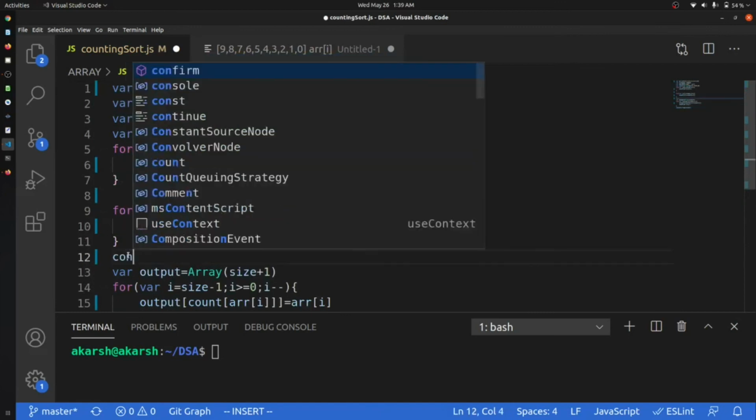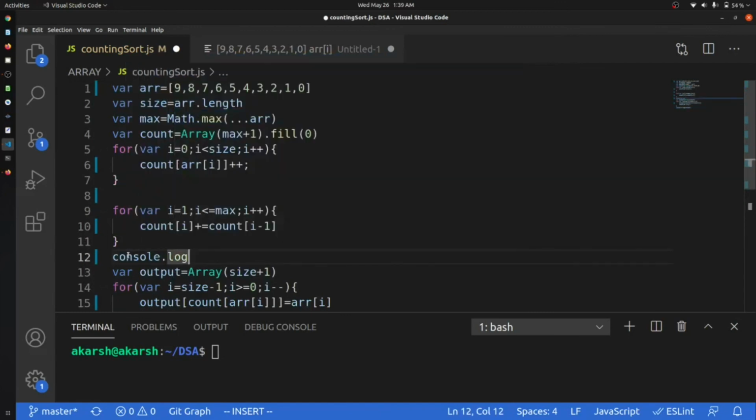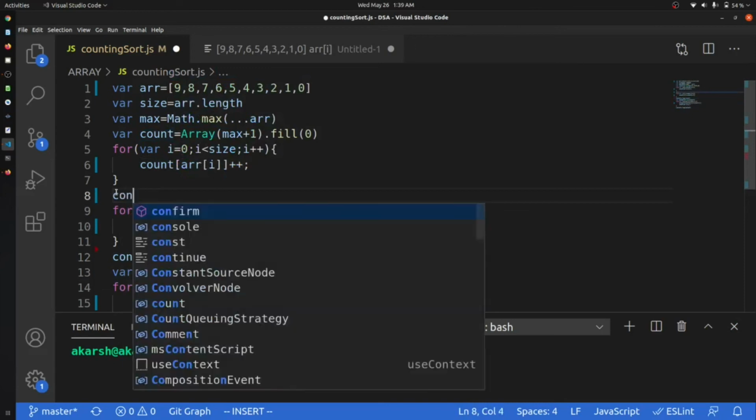After this point we can also find the complementary of our array and the count of our array.